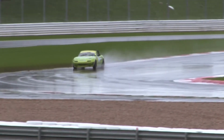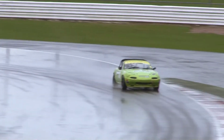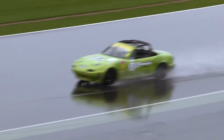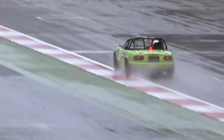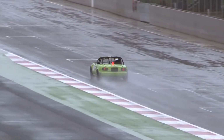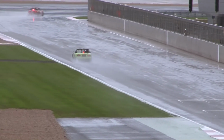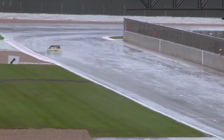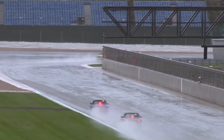the corner down the Vale is Tom Roach. Be good to catch up with a bit of Brett Smith, but it looks like Brett Smith is safe and sound in that second place, and that will be absolutely fantastic for his championship. As Tom Roach clicks off another lap here at Silverstone, and now a little bit of clear road for him, and you can see the Smith and